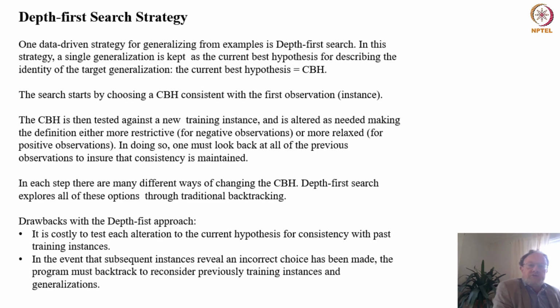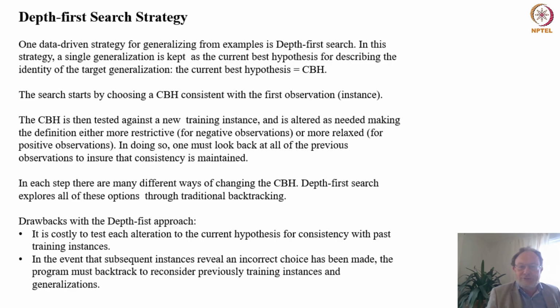Let us start with the depth-first strategy. One of the strategies for generalization is depth-first. In this strategy, we keep a single generalization, a single hypothesis, as the current best hypothesis. In this presentation, we call it CBH. So the search starts by taking the first instance and choosing a CBH consistent with that first instance. Then we test systematically the CBH